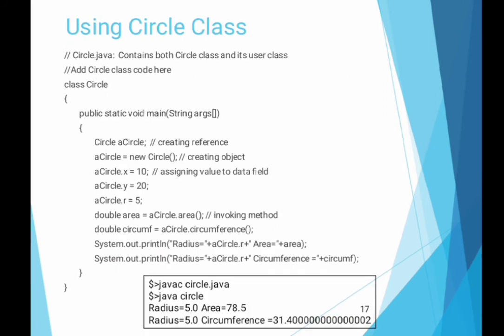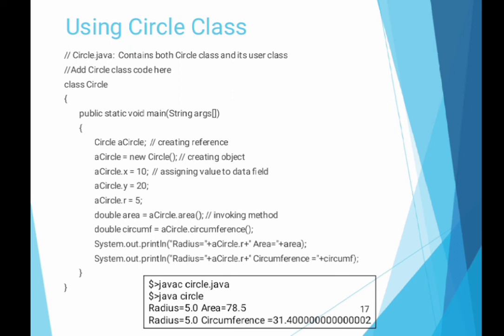Okay, using the circle class. Now this is a small example, as I have already explained earlier, that there is a class circle, then the main method is started, public static void main String args. Our program name and our class name should be the same, that is, our program name is circle dot java. So circle has one object, A circle is equal to new circle. Here the object is created, then A circle dot x is equal to 10, y is equal to 20 and r is equal to 50. These are all the object's accessed variables.